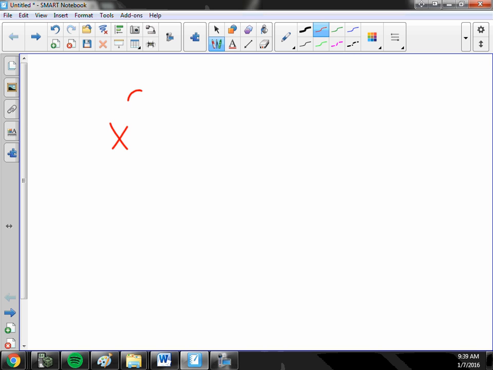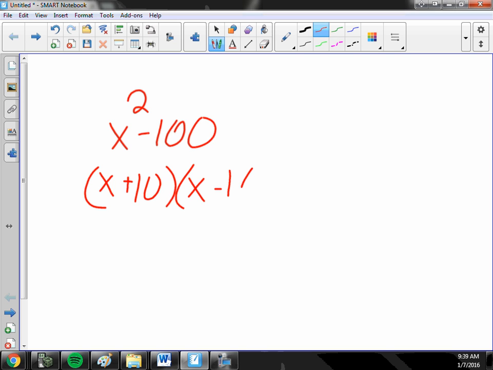So if I had x squared minus 100, how does that factor? X plus 10 and x minus 10, and does it want you to find the roots? Okay, so it's going to want you to factor it and find the roots. X equals plus or minus 10. What if I had x squared plus 64? Does that factor? Not into real number answers,